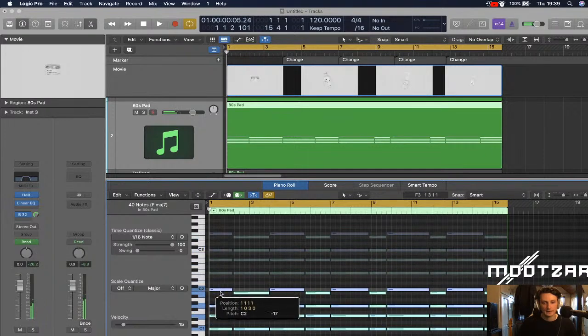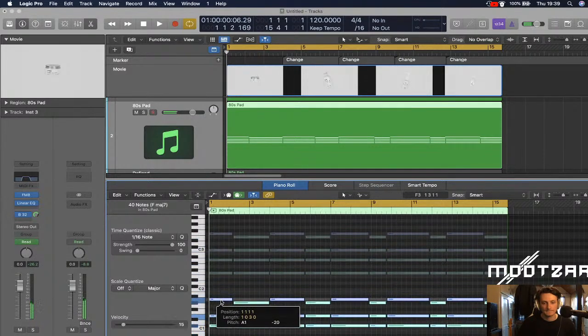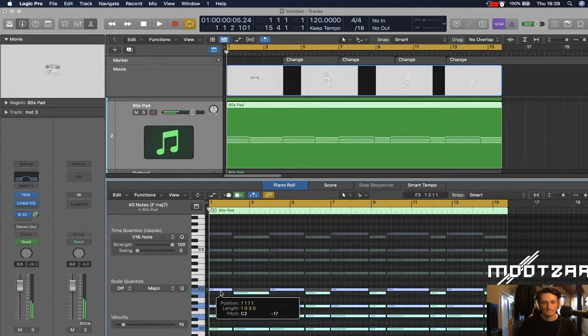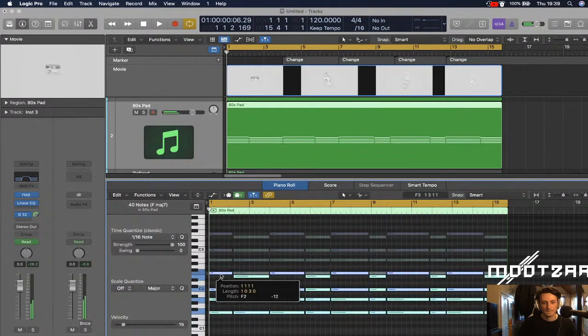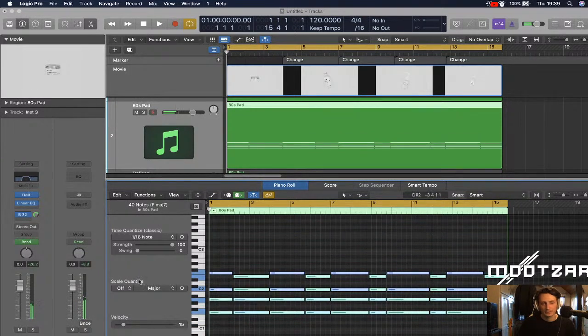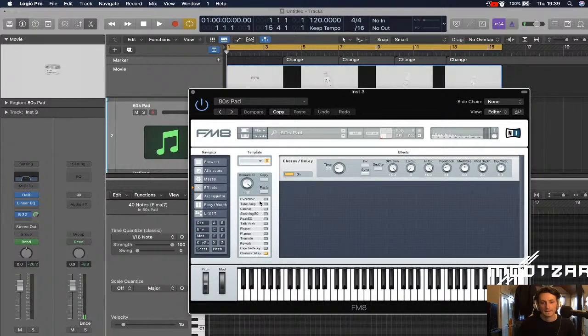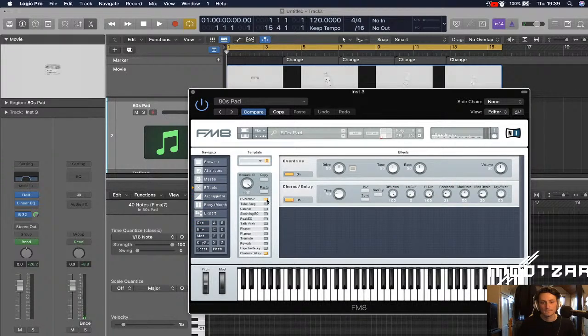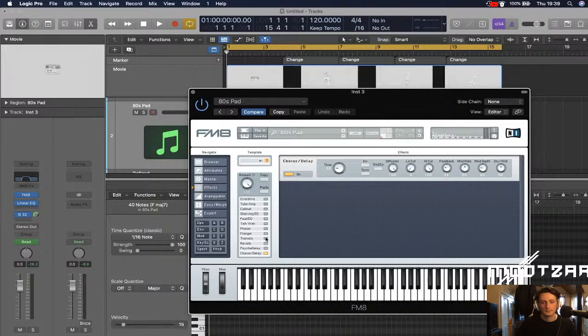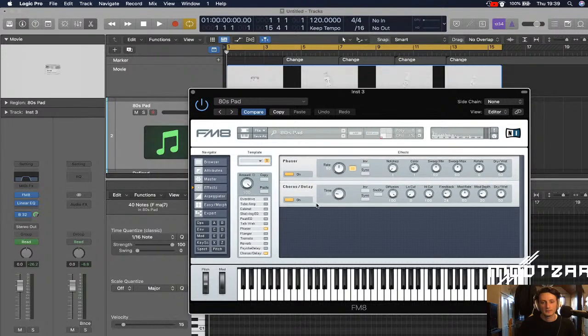It's F. Drop it an octave, which took me ages to get to, and just completely mess with the sound of the second one. You know, just do some crazy